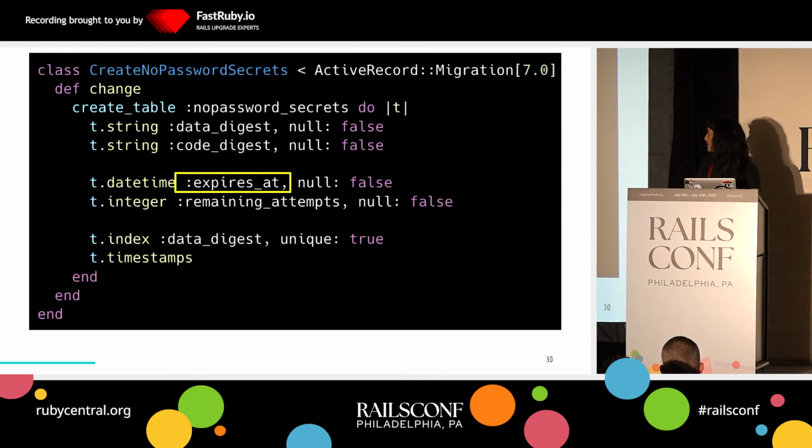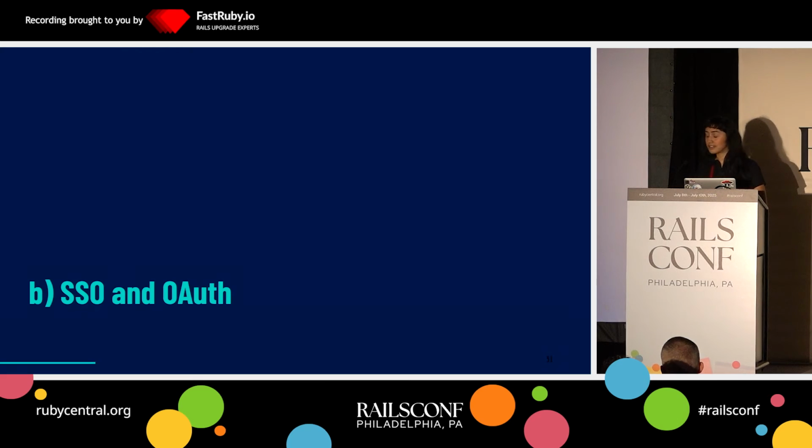So the third layer of security this thing has is an expiration. So by default, no password gives 5 minutes to enter the code. After that, it is destroyed. Again, you can override this very easily. And yeah, that's it with passwordless. So let's move on to this second